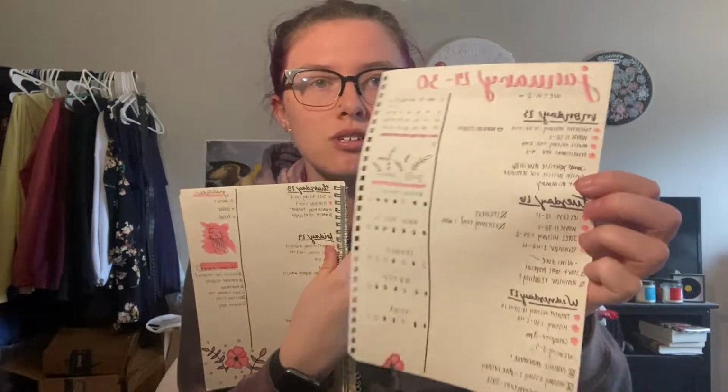So there's that, and this is how I did most of my weeklies for the year, and I'm not going to show you all of them obviously because that's a lot, but I want to describe to you how I formatted them. I would usually put the school week up here. We had a 16-week semester this semester, and last semester was 14. So I would put the week of school that it was. And then I would usually put Monday, Tuesday, Wednesday, and then Thursday, Friday, Saturday, or yeah, just weekend, I guess,